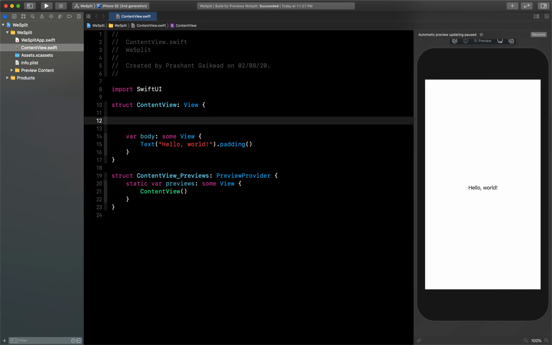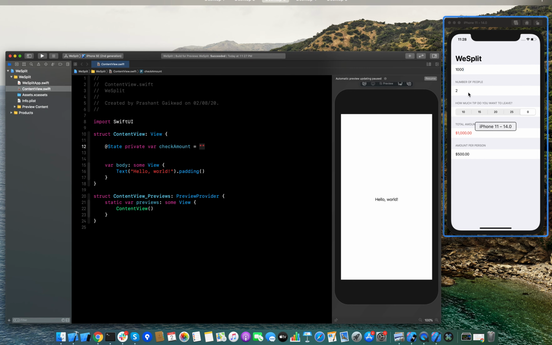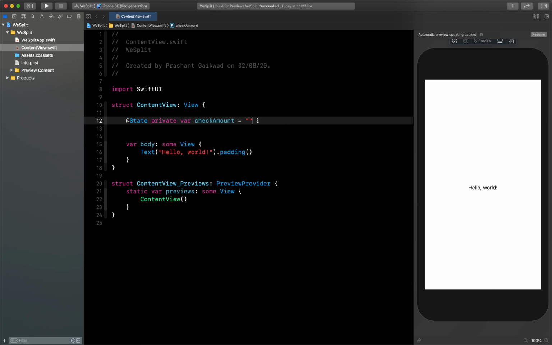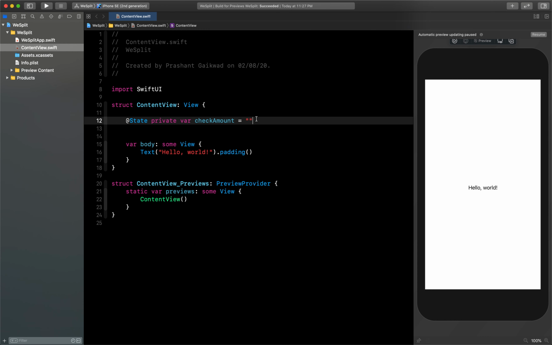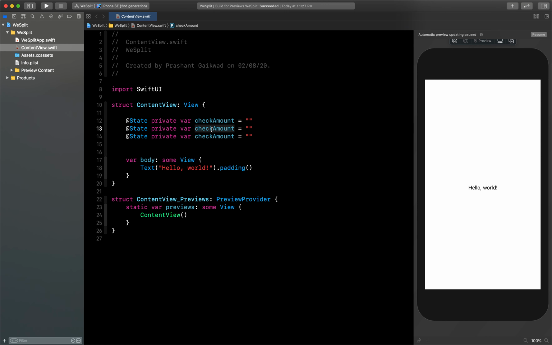So we'll first create those properties. I will say first @State private var. First I will say checkAmount, which will be this one, which is our actual bill. Then I'm giving it string because I have to display that here inside the text field, so that's why string. Then let's copy this to save our time, and we can just paste it and create those next three properties, which is one is numberOfPeople, which by default we'll give 2. Then tipPercentage,